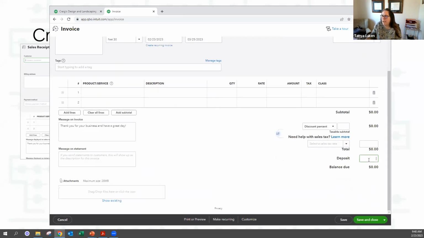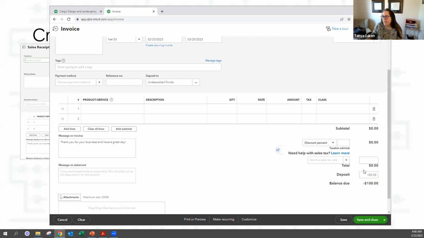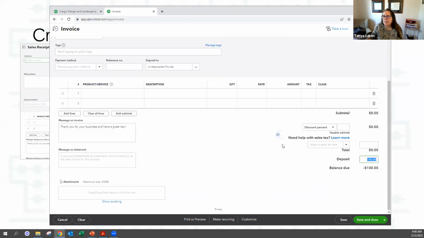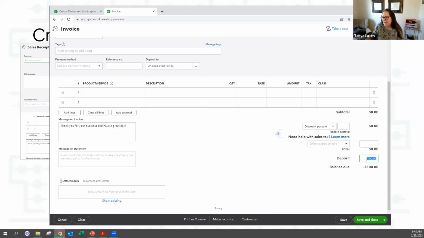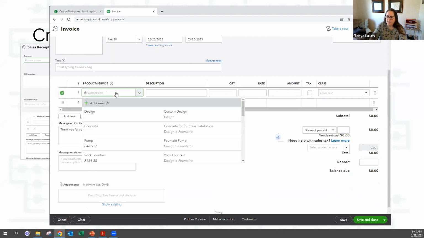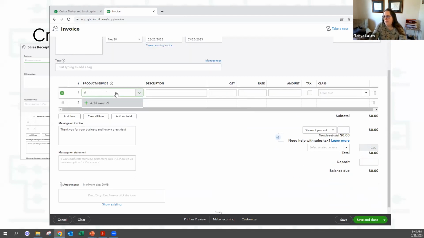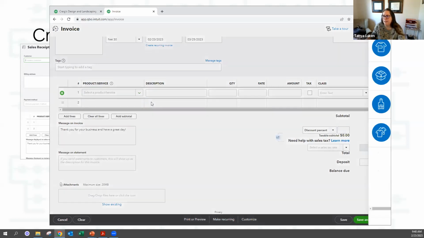Okay, so added the deposit here. So you can put your deposit amount here. The problem is that when you do this as a deposit, it only records that it was paid. So this is where you would apply the part that was paid. And you would have to make a deposit item up here.